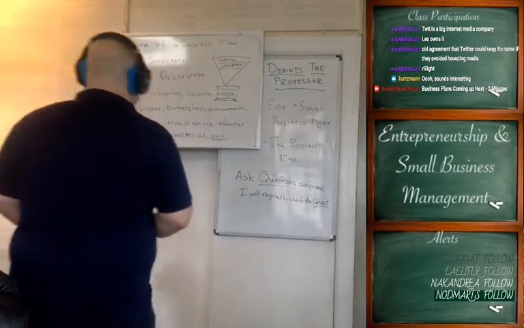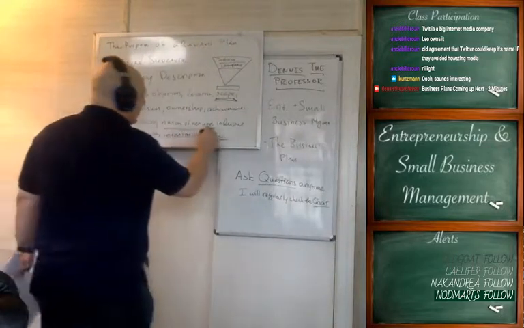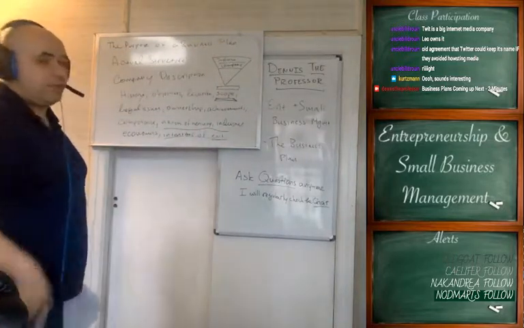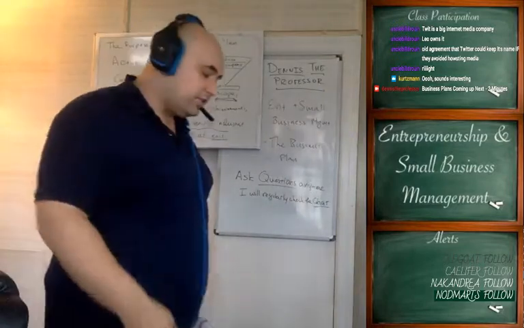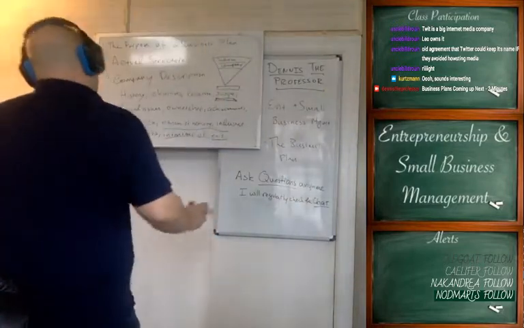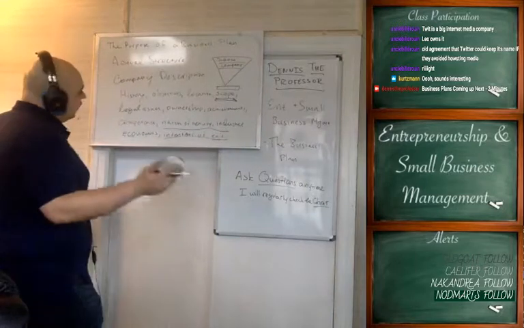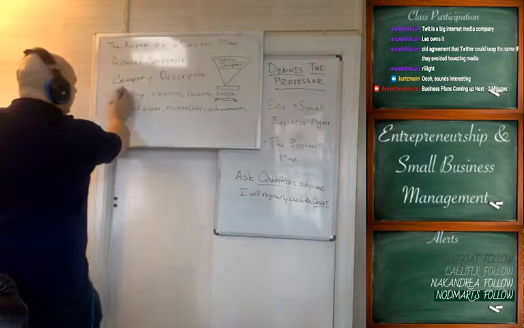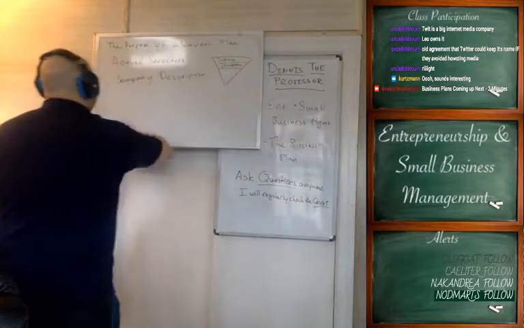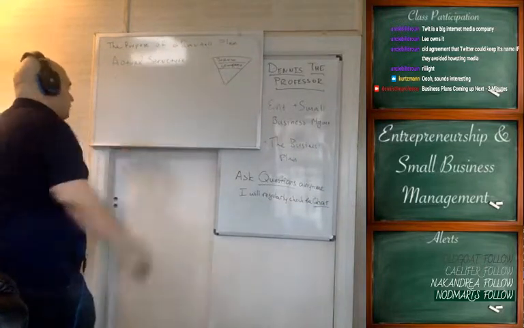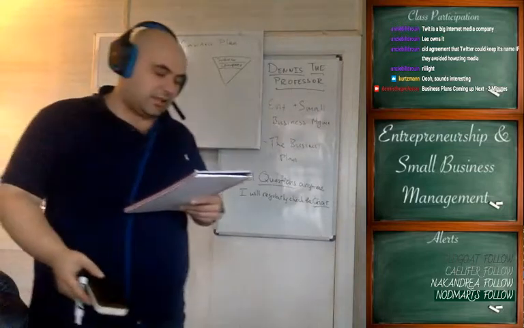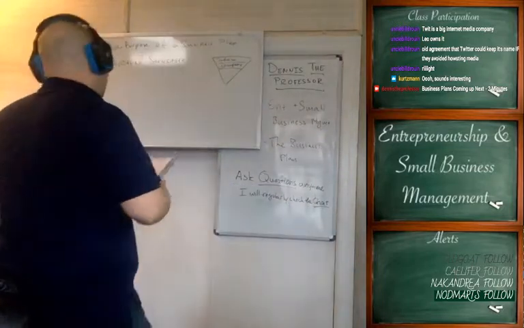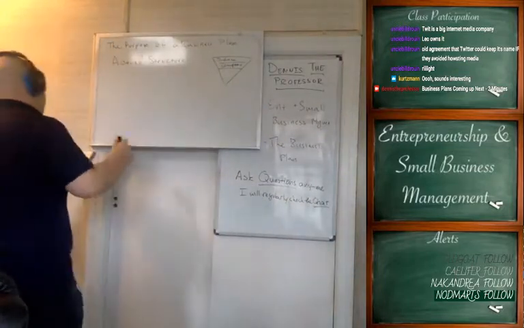Figure out how you're going to exit because your investor is going to want to get paid. They're going to want their money back and they're going to want to hopefully earn some money, right? But they're going to want to know that you have a way to do that because if you have no way to do that and no intention of doing that in the future, they're just investing in what is essentially a black hole, right? So that's your company description. And you're going to spend a little bit of time on this. Don't overdo it because you're going to elaborate on each of those sections in the future, right?